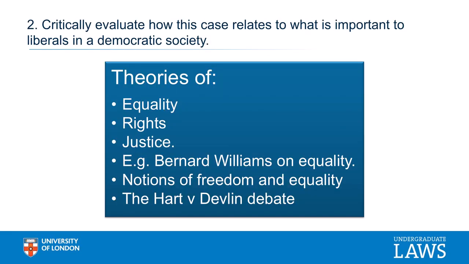Question 2. Again, this is an example question. Critically evaluate how this case relates to what is important to liberals in a democratic society. You should consider different theories of equality, of rights and justice, notions of paramount concern to liberals. For example, the relevant chapter topic of liberalism and the law on the VLE sets out theories by theorists such